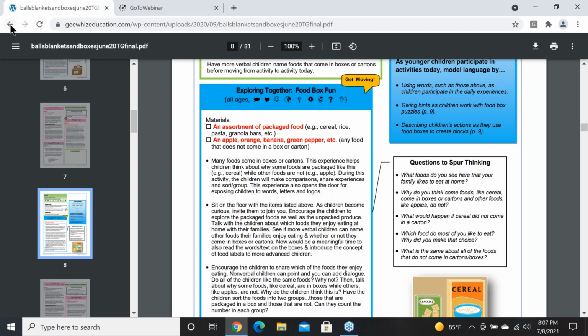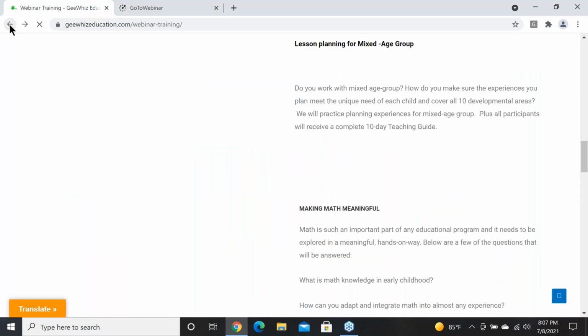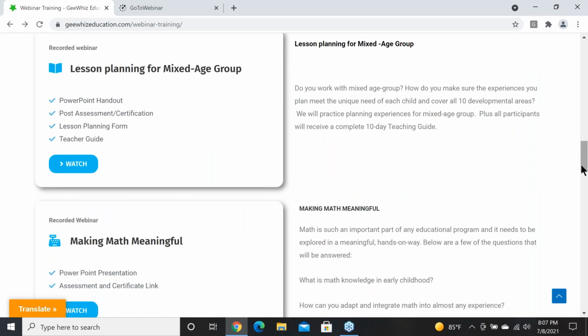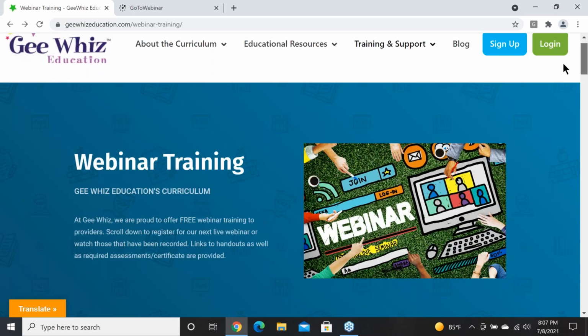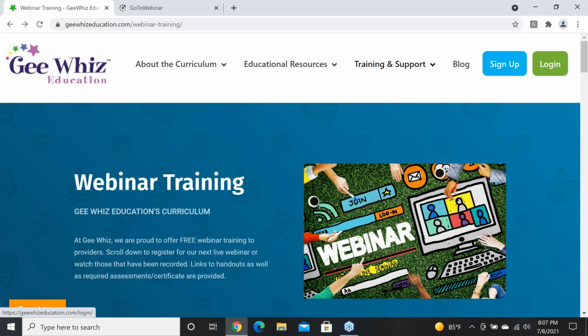So what I want to do right now before we wrap up for this evening is put this in your own personal wheelhouse, let's say. I want you to think about, you probably all have some idea of at least one experience or activity you plan for tomorrow. It's Friday. I want you to think about what you have planned, and I want you to share an open-ended question that you would ask during that experience.